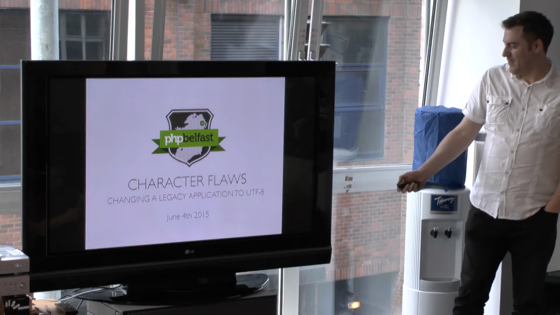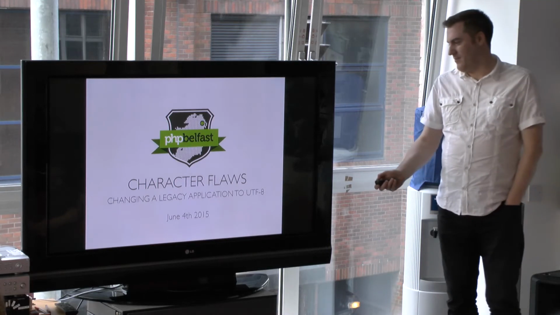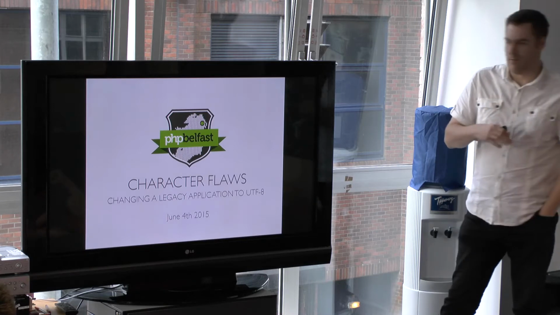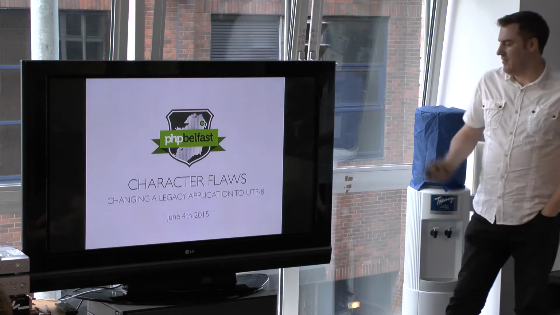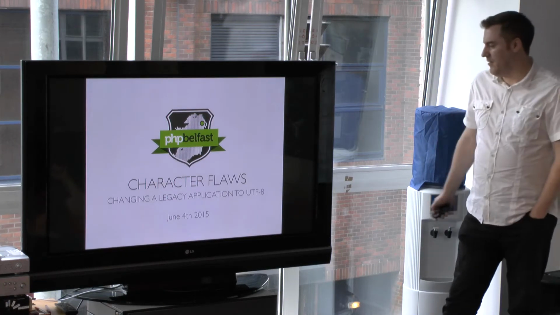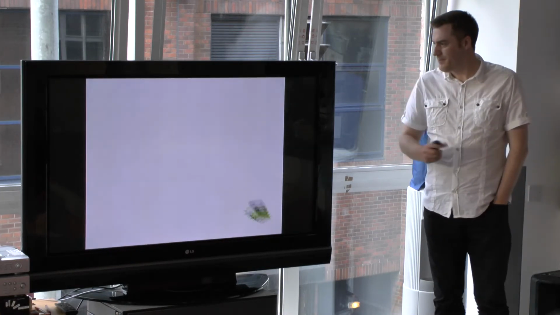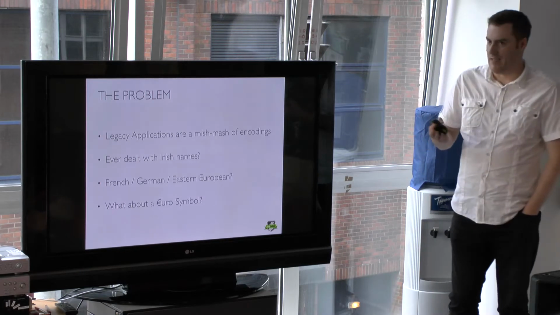So it's basically going to talk about any problems you might have. Have you ever encountered a legacy app or an older application that's been dealing with different sorts of characters, and you want to standardize that and migrate to using a unified character encoding system? So the problems really are legacy applications